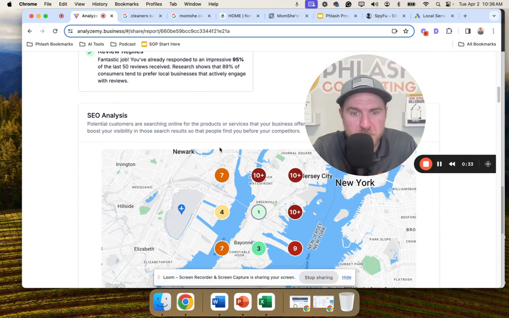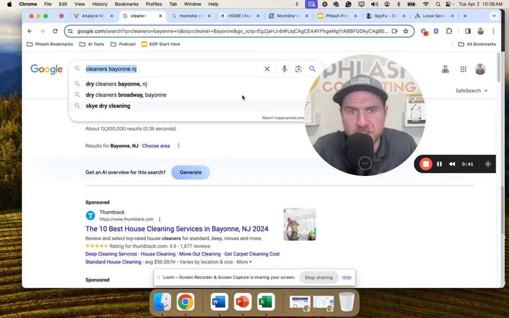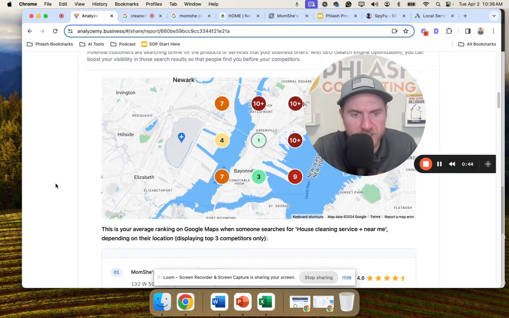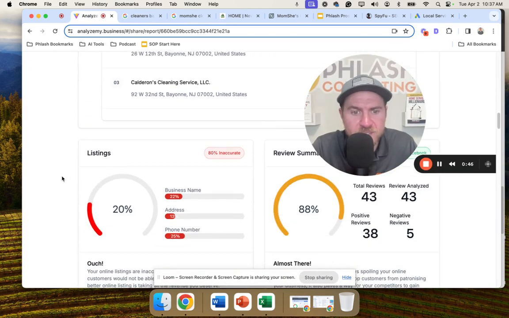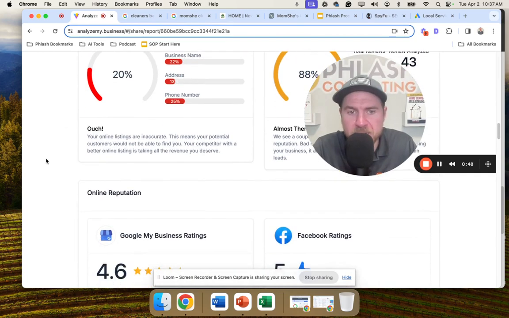From a local SEO perspective, in their local area, it looks like they rank #1 for their main keywords, but in the surrounding areas, they don't really have spots here. And we're going to look at this for them specifically. And I'm going to give you some strategies on things you can do for your business and what they can do as well. And then their listings, this is a big opportunity for a lot of companies, is in their